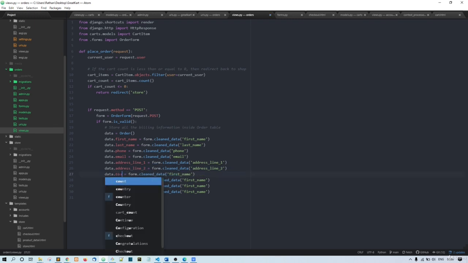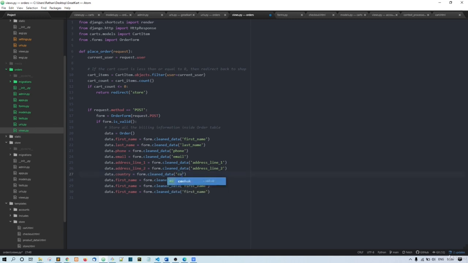Then we need this country and this country, state, then we need this order note. Okay, order note. All right, so we got all the values. Now let me verify. 1 2 3 4 5 6 7 8 9 10. All right,